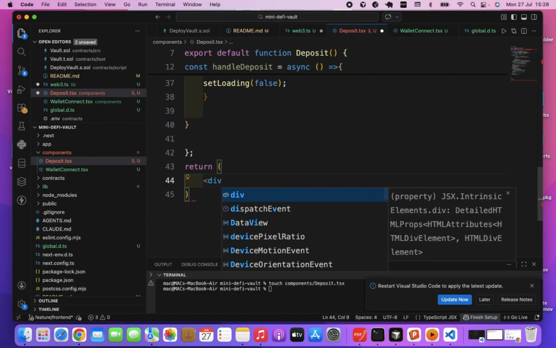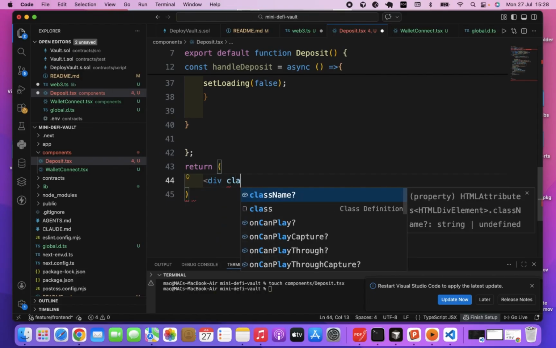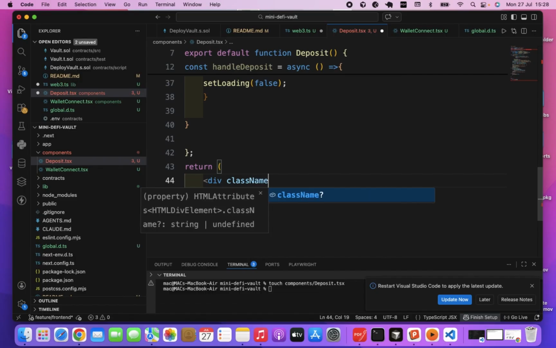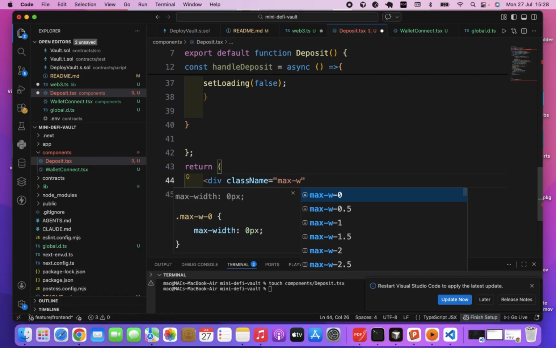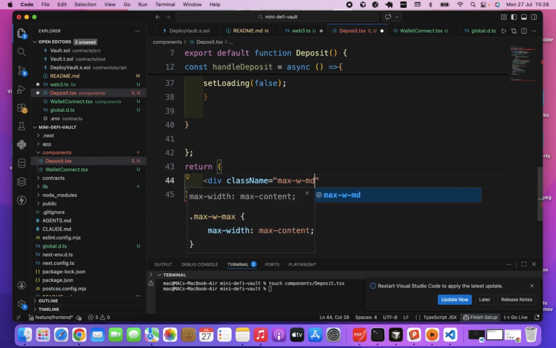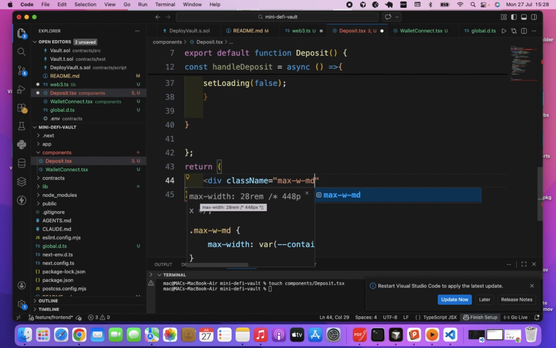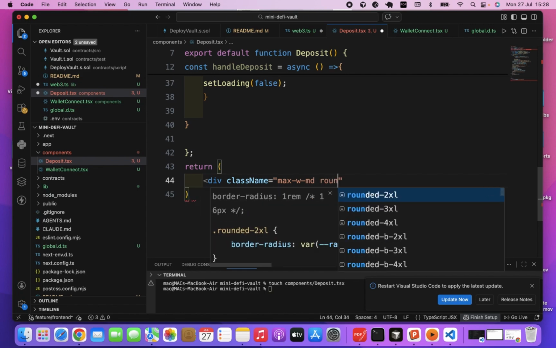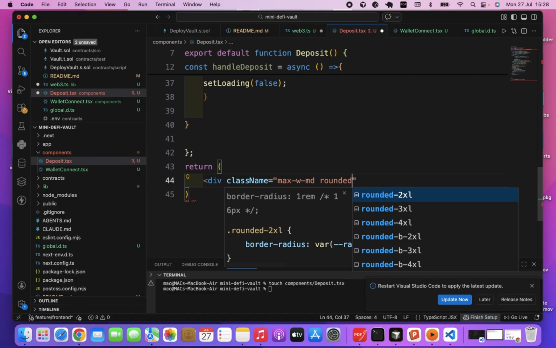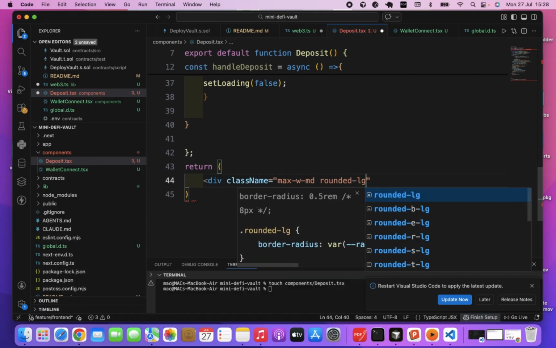We are returning a division tag, class name, max maximum width, then rounded, large,